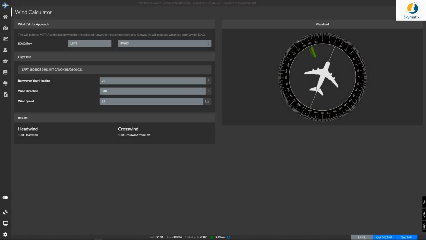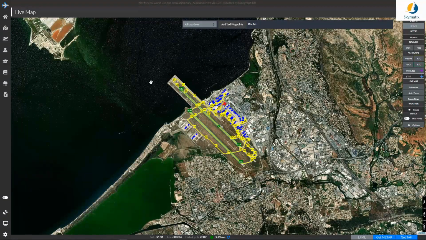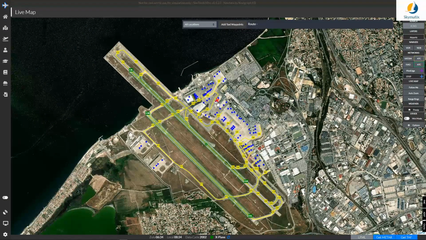The next step and recommendation I would like to give you guys is to actually now go do a bit of reconnaissance on the airports that are in our flight plan, our departure and our arrival airports. So we're going to do that in the live map. So this is us over there with a little red aircraft. You can change the colors and things in the settings here at the bottom. So I've customized some of my colors. That is me over there. This is obviously